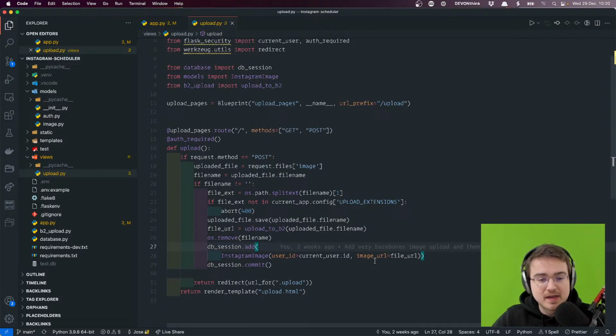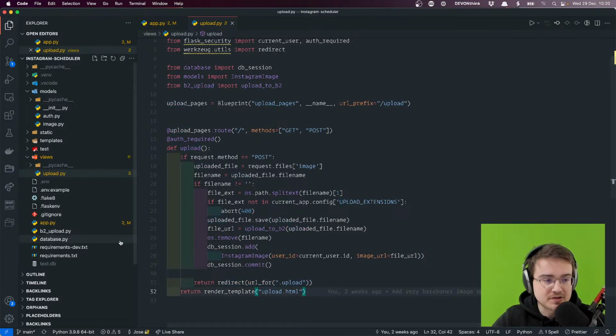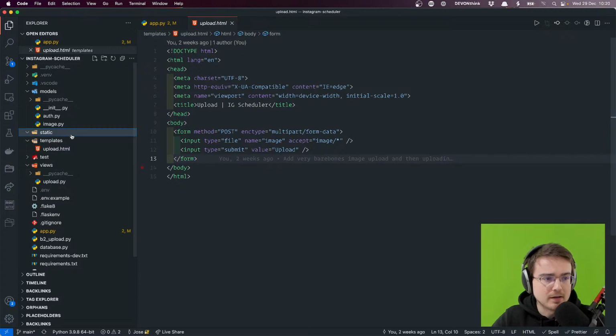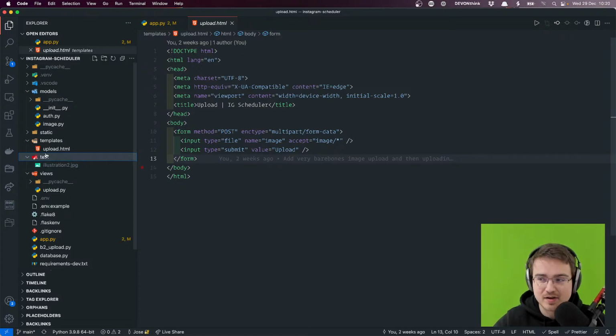Then after uploading the image, we redirect to this endpoint, which will then render the HTML file. So the template is very simple. It just has a form with a file selector and a submit button. There's nothing in the static folder, so that's really everything. There's also a test folder here, which doesn't actually have any Python tests. All it has is the photo that we're going to be uploading. So that should be a JPEG,